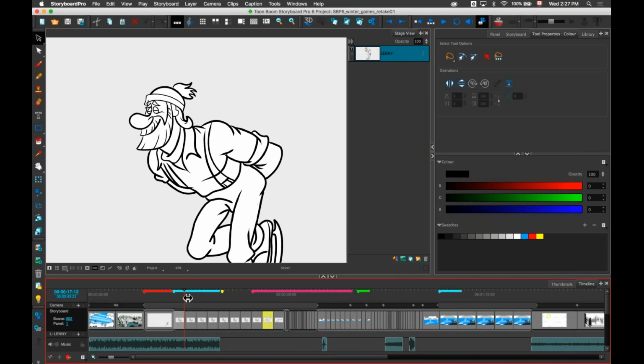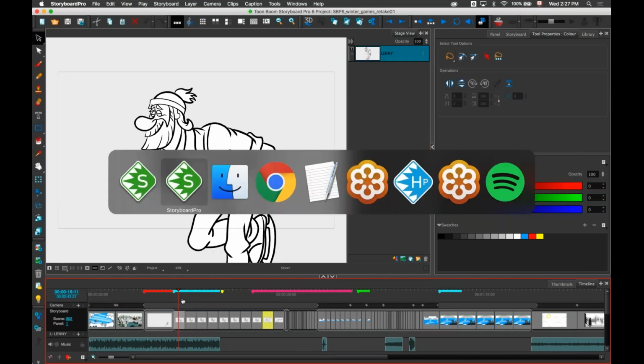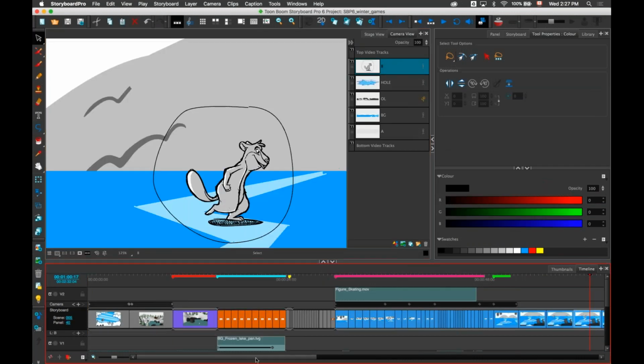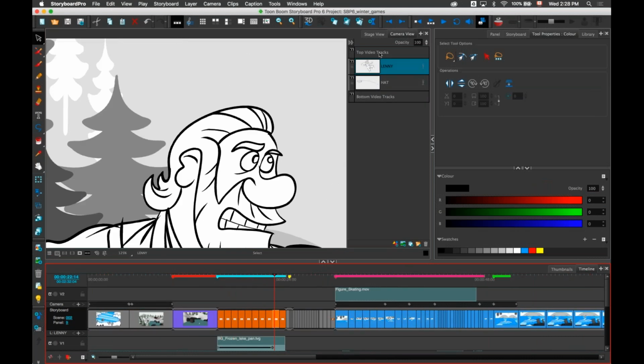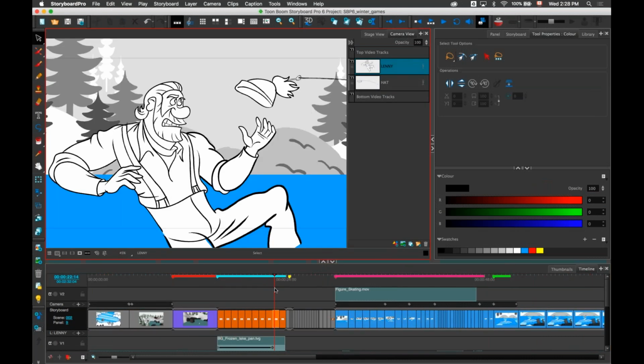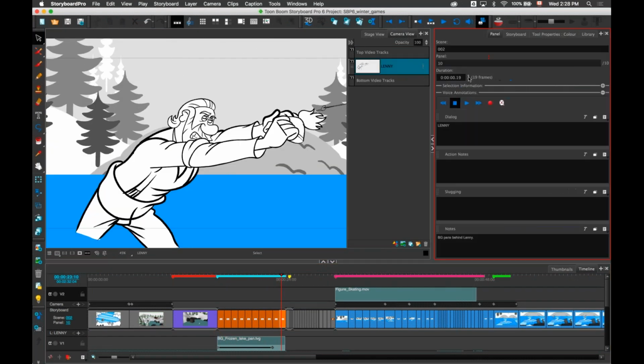So in here I have this version of the scene. If I go back to my board that I've been using right here, I've got this scene where I've already animated and timed the animation. You can see that the panels in here all have a duration of 19 frames.